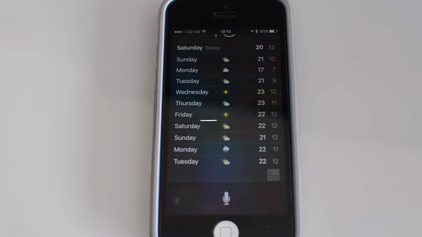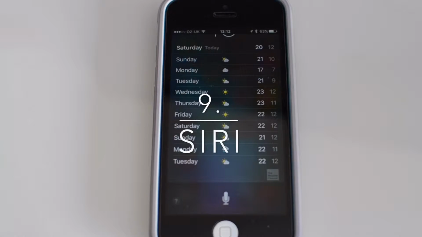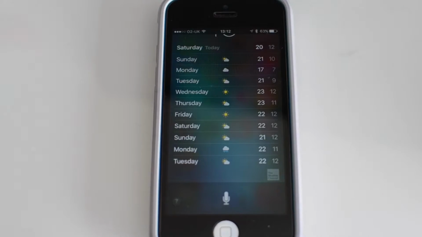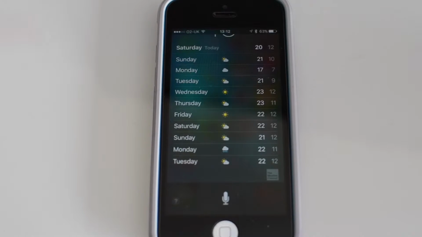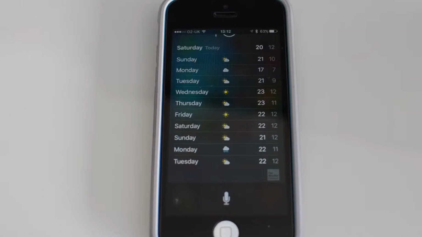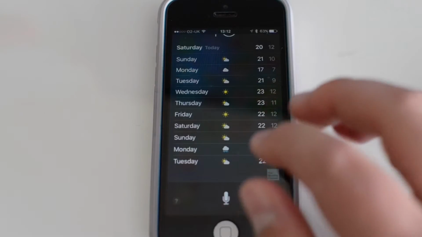But you can remind it to ask you to do things when you get in your car, and say remind me about this tonight, and also show me photos from say my holiday last year, so that'll be good. I assume it uses the photos' moments categories, but Siri also is